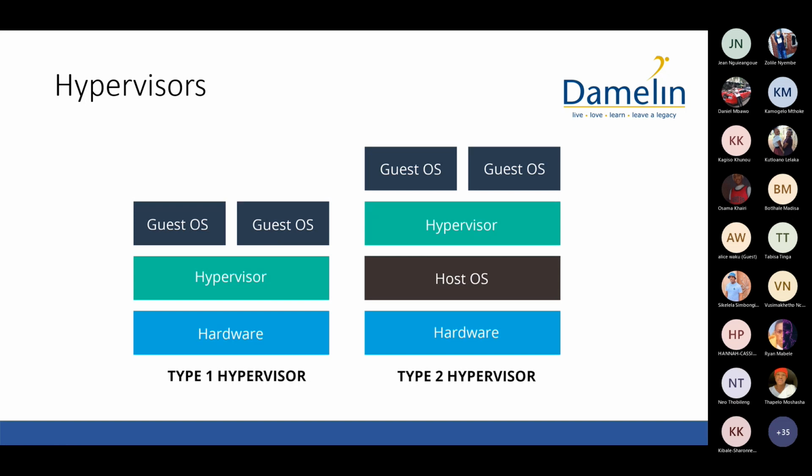Here, okay, let's first talk about type 2 before we compare the two. So we have the type 2 hypervisor: we have the hardware, we have the host operating system, okay? Then we have the hypervisor, then we have the guests. So what does this mean? It means that you are on some sort of general purpose operating system like Windows or Linux or whatever, and you are using that platform to run a special software to do virtual machines or to create guest operating systems. So in type 2,